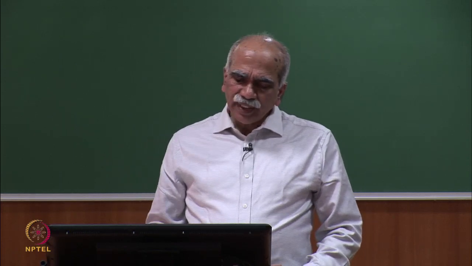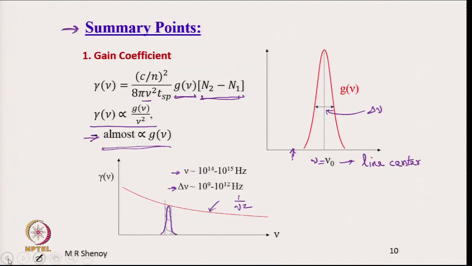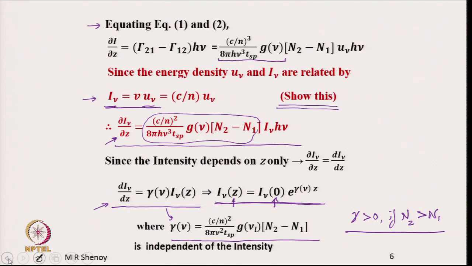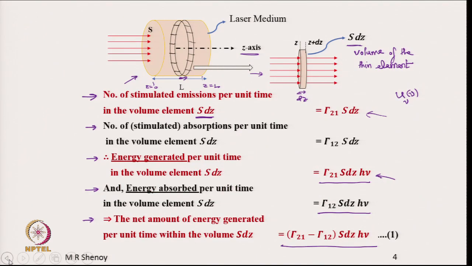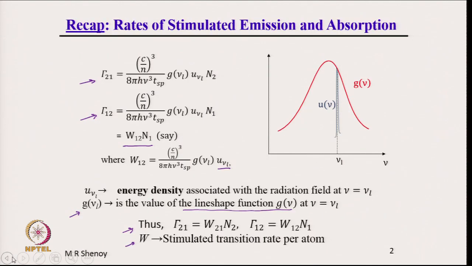Okay. That is the first point. The second point that we had seen, I am just summarizing the important points, is the emission and absorption cross section. In our calculations we had taken one sigma. If I just take you back here, let me go back right up to this. We have assumed gamma 21 and gamma here, we can see the expression here, please see. This is the expression here,